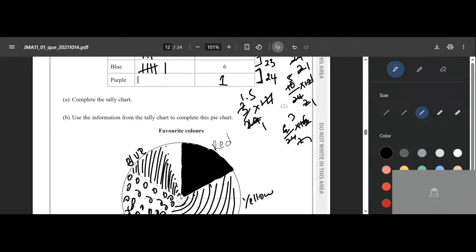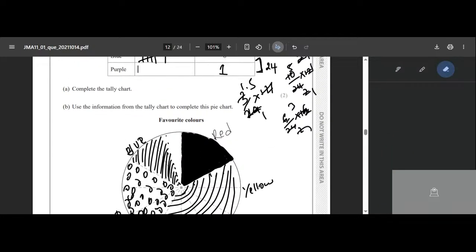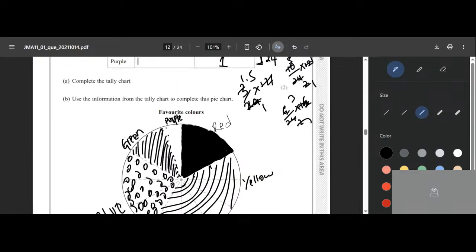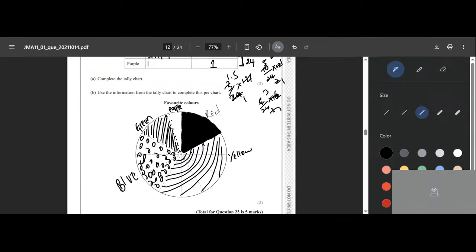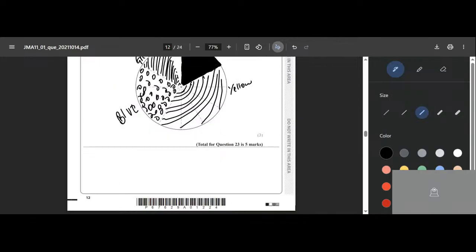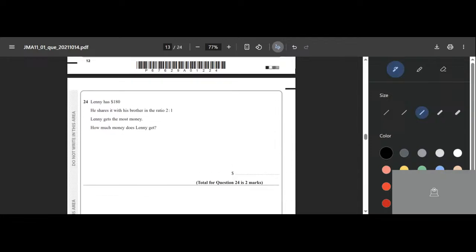Not blue, that's green. Sorry for that. That's green. Then the one that is left here, we can call it now purple. And that is how the pie chart is supposed to be drawn to get the total of 3 marks. Don't worry, the workings, you're allowed to do it there. You can always do the working on the showed